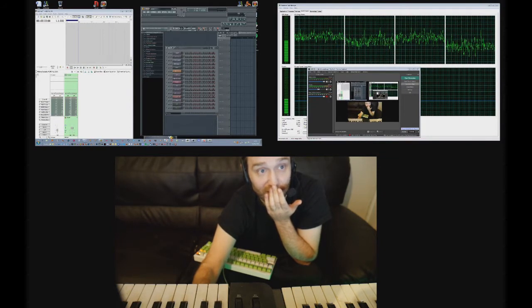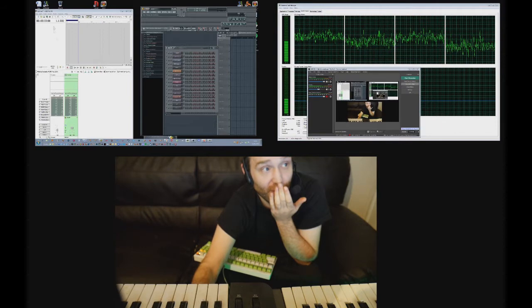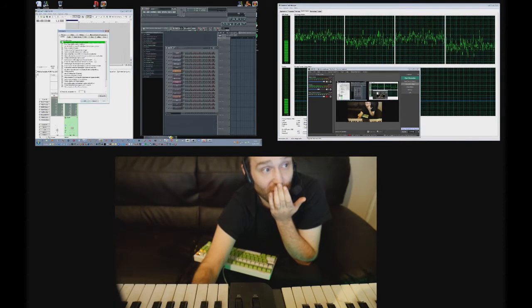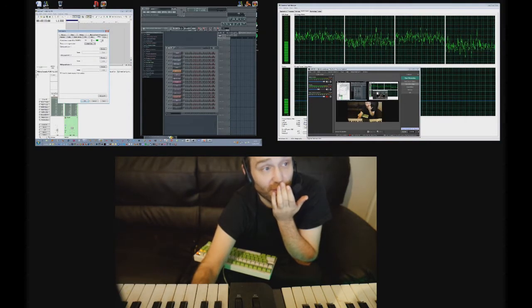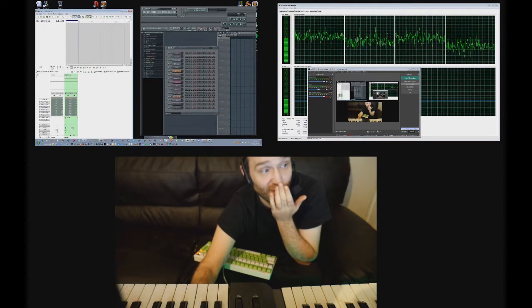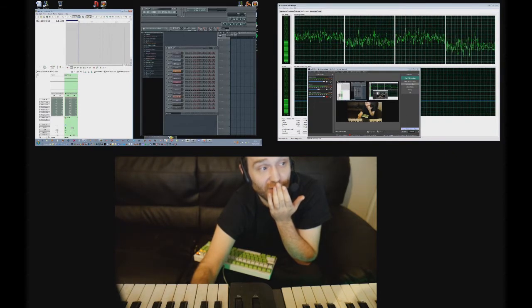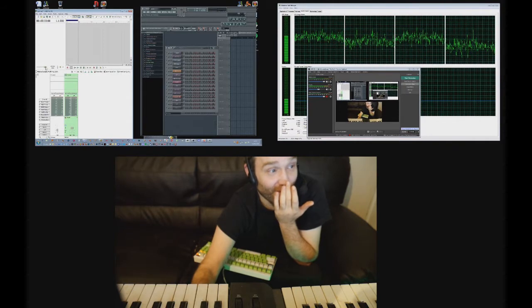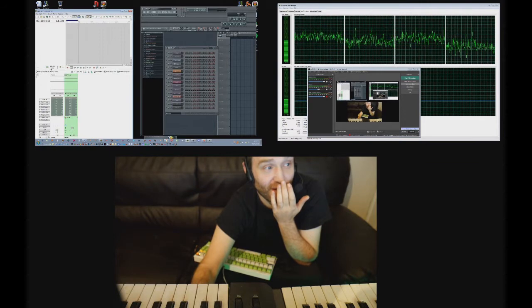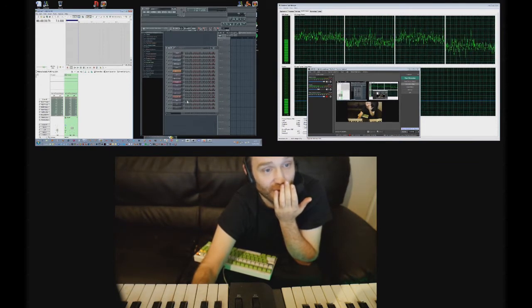So Acid Pro default is 200, but you can go into the options and set it to 300 BPM. You can only go to a maximum of 300 BPM. So on the slider here, I've got 200 as the maximum because I can't see that I need to go more than 200, to be honest. But if I wanted to, I could increase that so that it can go up as high as 300, but it's not something that I use. So moving on,